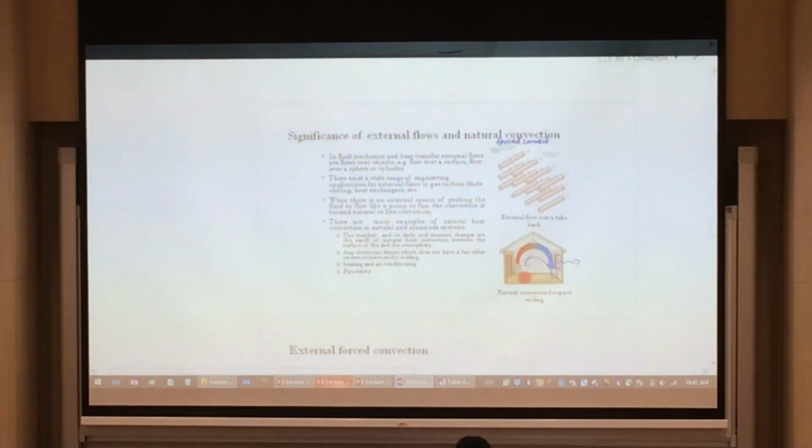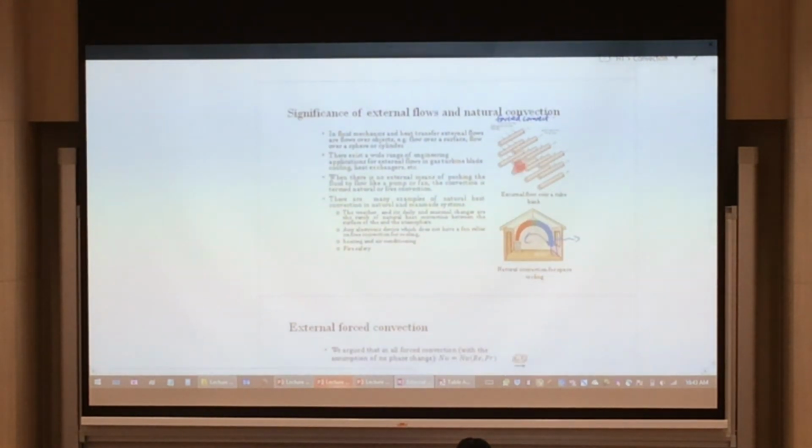Some examples where natural convection can be found: for example, your audio equipment, especially an audio amplifier, because an audio amplifier uses more electrical energy in order to amplify sound. If you look at the back part of your audio amplifier, you have a lot of cooling fins in there. These cooling fins' job is to cool down the electronic items in there. Just like your fin tube that you saw just now, there are a lot of fins. This audio equipment has cooling fins to increase the surface area where heat is transferred outward, because your electronic items will be hotter and your ambient relatively cooler, so heat can get transferred out. So these are some of the examples that you can find for